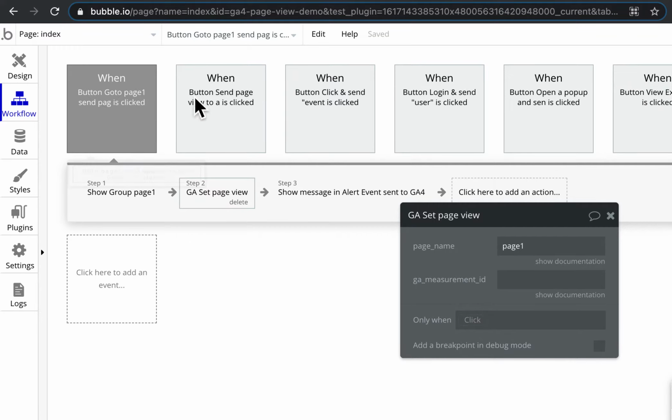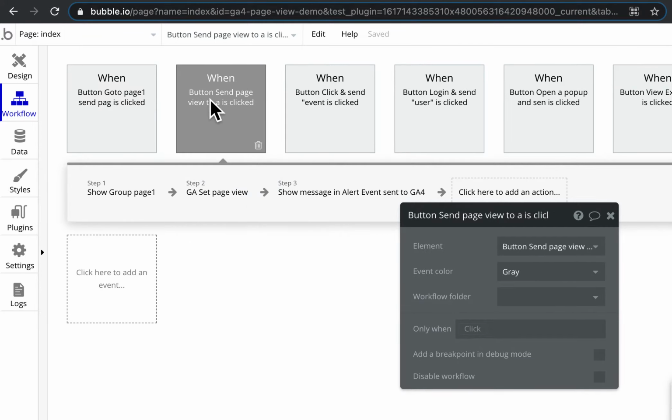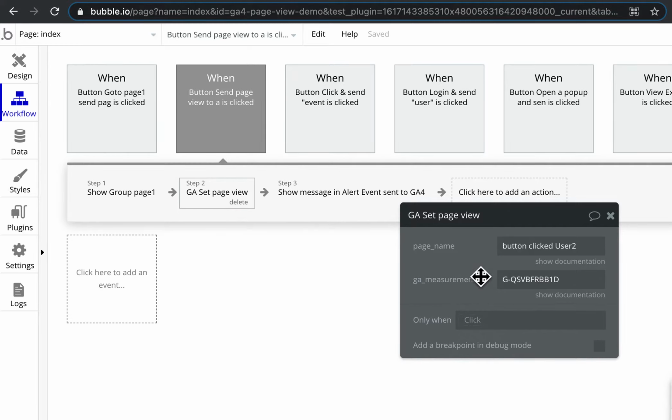So the other button is this one. Which one is it? So on this one, it's sending off an event saying button clicked user 2. It's totally arbitrary what you call each page, and we're overriding the measurement ID because you need one measurement ID